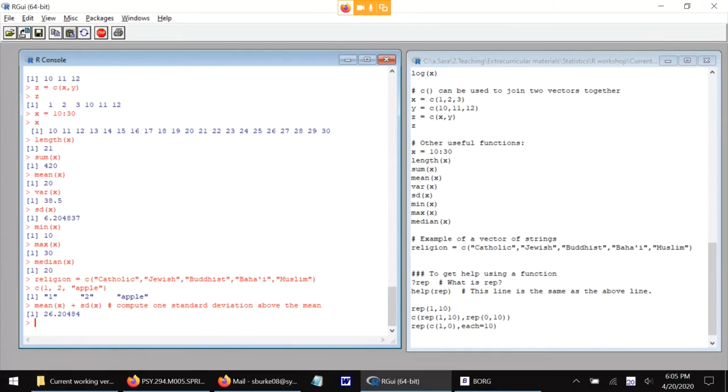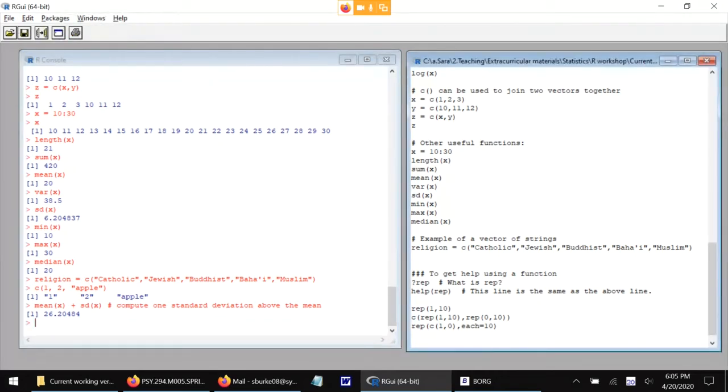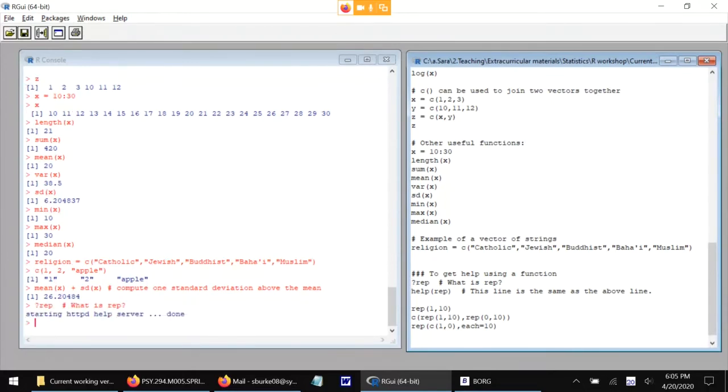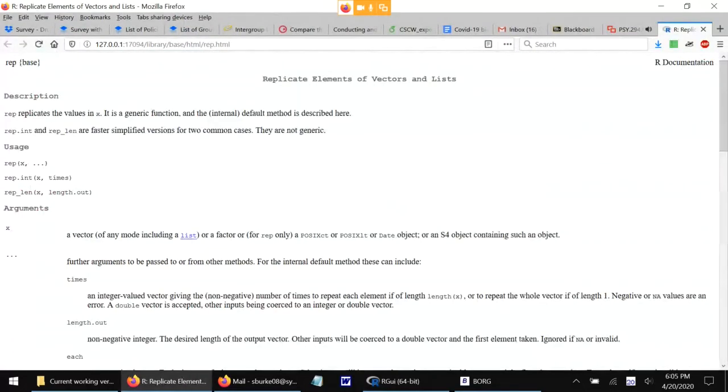If something in R does not work as you expect, or you want to know more about how it works or why it works the way it does, look at the documentation for that thing. The documentation of a function can be accessed by using the question mark or the help function. So let's look at an example. I'm going to type question mark rep at the console. I'm going to execute that line of code, and that brings me to a web browser,